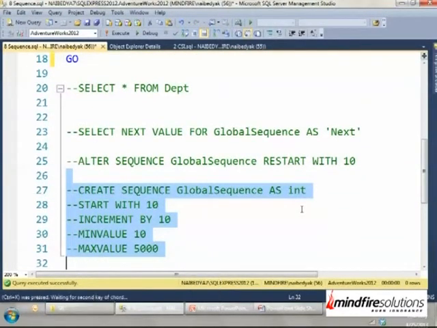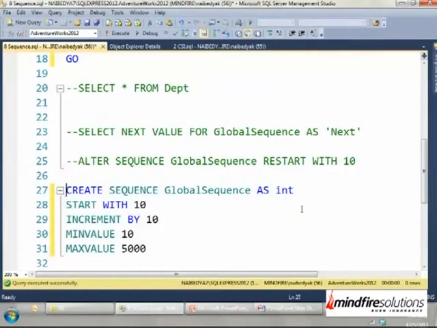Okay, I did want to show you very quickly in the Object Explorer itself how to reach a sequence. You go to programmability, you have the stored procedures, functions, etc. Like that, you have a new thing called sequences here. This is the sequence we created. You can see properties here: increment by 10, restart sequence. If I click here, then it will restart, right? That cycle property we talked about is this.